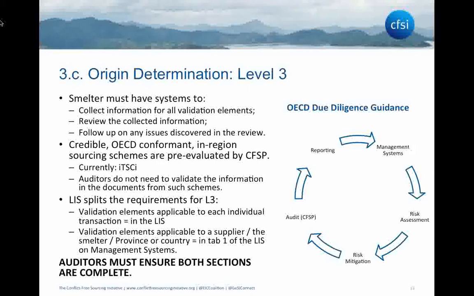Such validation elements are included as they used to be in the line item summary in the usual format that the auditors have so far been using. However, there are also validation elements which are applicable, more broadly speaking, to either a supplier in the level 3 supply chain, to the smelter itself, or to a province or a country of origin. Now, these validation elements have been covered in a separate tab in the line item summary, which looks at management